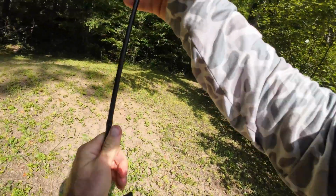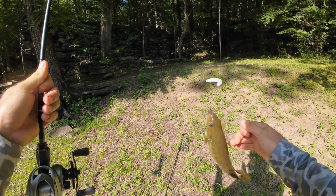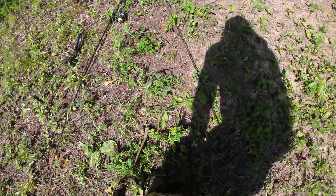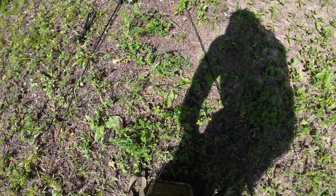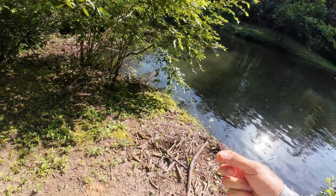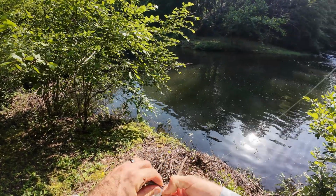Got one of them. This ain't the one that was really big though. This one's kind of a Chattahoochee bass, a hybrid. Let's throw the bigger worm. I got a pack of... did they all spill? I'm pretty sure they all spilled. Gonna stick this wacky worm in our pocket. We're gonna throw the big girl